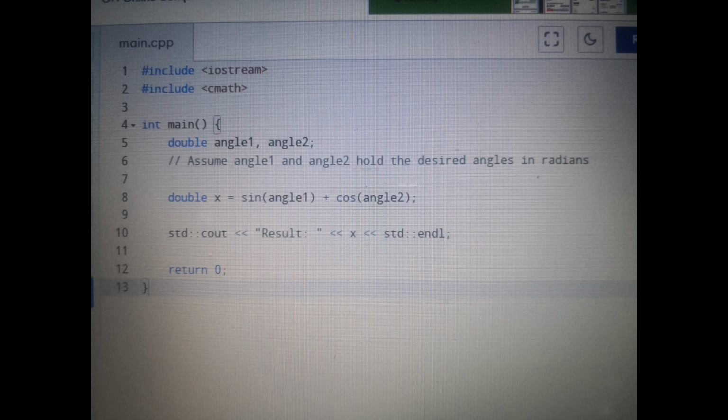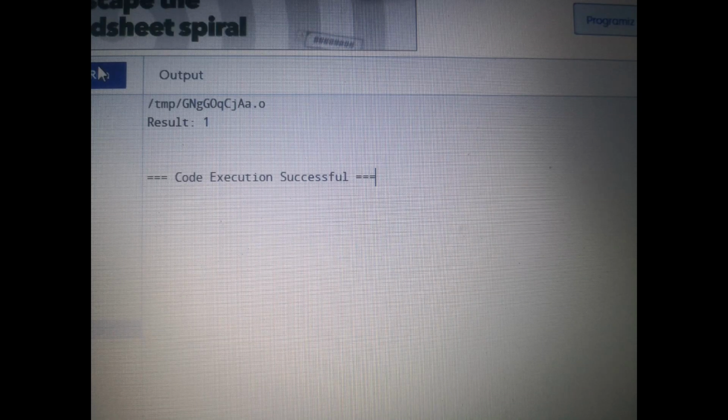The return 0 indicates that our program executes successfully, returning a value of 0 to the operating system, indicating success. So in summary, this program calculates the sum of the sine of angle1 and the cosine of angle2, then prints the result to the console. This is the display output for that code.